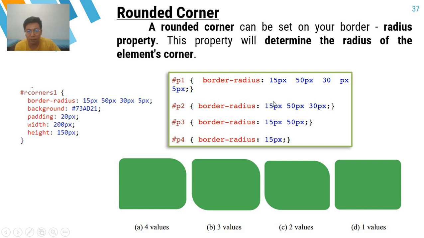It means that we have this on the top. This is left and right. It's just this one and this one. And then on the bottom we have here 30px, which is this one. Then we have border radius of 15px and 50px. So this is 15, the opposite side, and this is 50px. And border radius of 15px means all sides will have 15 pixels. So this one, this one, this one, and this one has that value. So that's how you can add rounded corners on our boxes.